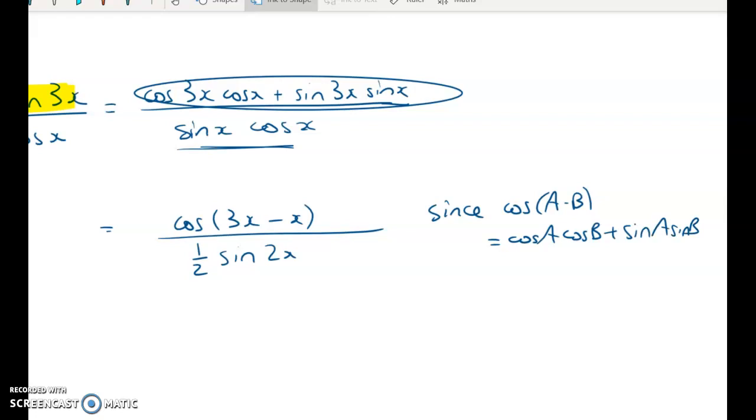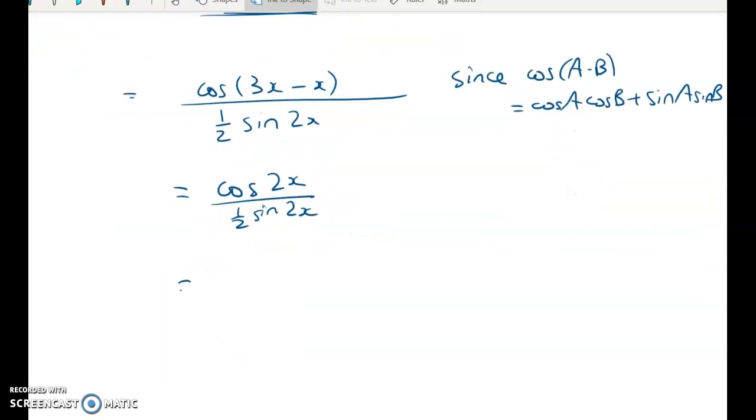When you do it this way, you'll see straight away we get cos of 2x over 1/2 sine 2x, which is 2 cos 2x over sine 2x,